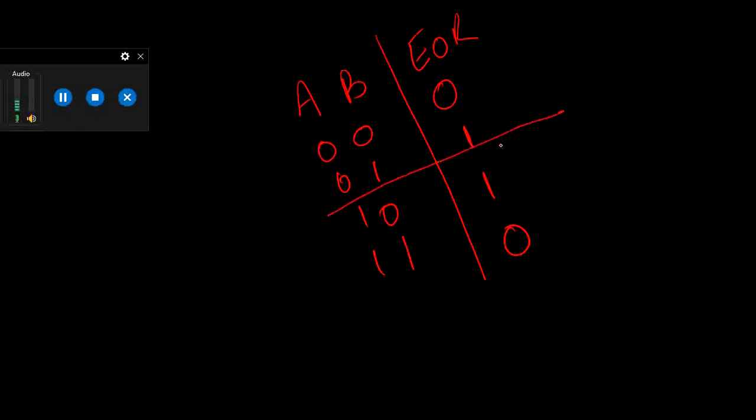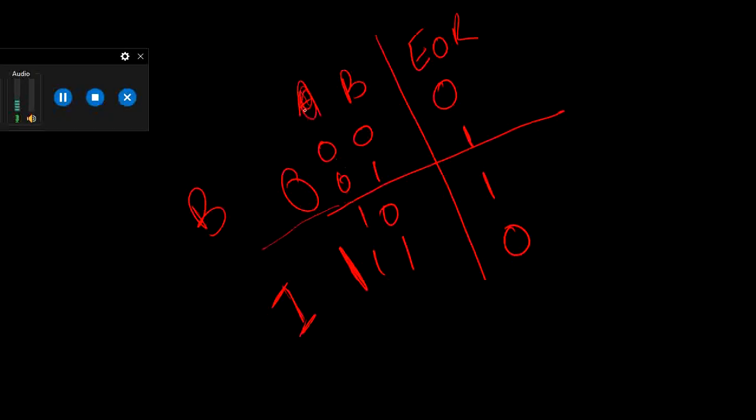Let's split this operation into two tables. Consider A as fixed, whether it is 0 or 1. If A is 0 all the time, the B input is going to be at the output as it is. But if A is made 1, whatever you give at the input will be complemented at the output. So we call this a programmable buffer or inverter. We can use the XOR as a programmable buffer or an inverter. In this case, it is performing the buffer operation, and in this case it is performing the invert operation.